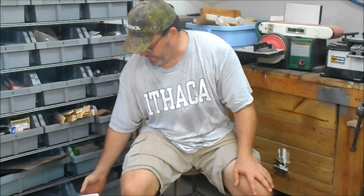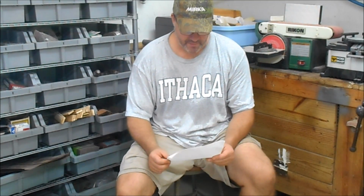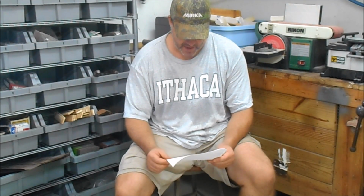The classic mix for making that, and I'm going to refer to Paul Snyder's article on WoodWeb, is to make a dye toner: 28 ounces of lacquer thinner, add 1/2 to 2 ounces of dye. Now, you're going to have to adjust the color as you see fit. I mean, if you're using Transtint and you put 2 ounces of Transtint in there, it's going to be super, super dark. So use that,